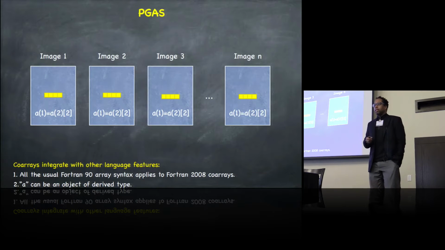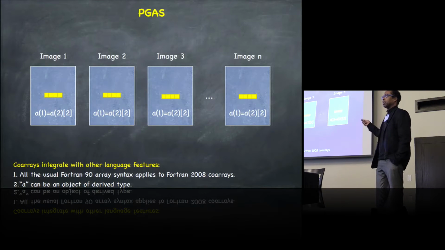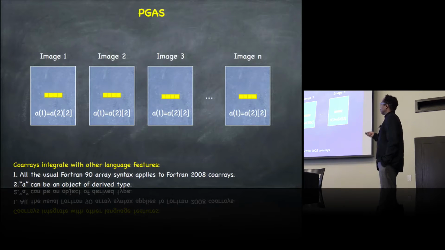So let's look at this partitioned global address space syntax. We can imagine that using the SPMD style, each image is running the same code. It, of course, may take different branches through that code based on conditional statements. And so let's say each image is executing the line that we see here. A coarray is